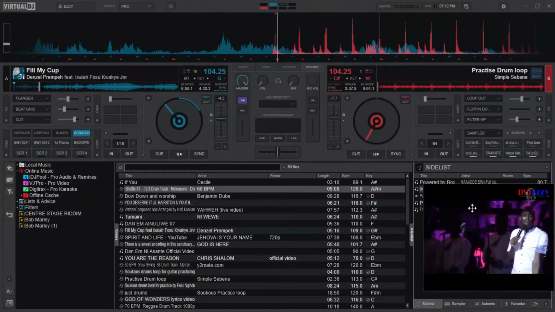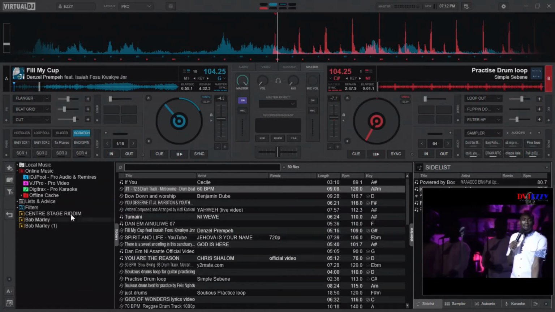From there we have deck B, and deck B gives you the same kind of setup as deck A. The difference is that this is deck A and this is deck B. When the slider, this crossfader, is on this side, the song that is playing is here. As you approach the other side, you start hearing the other song.